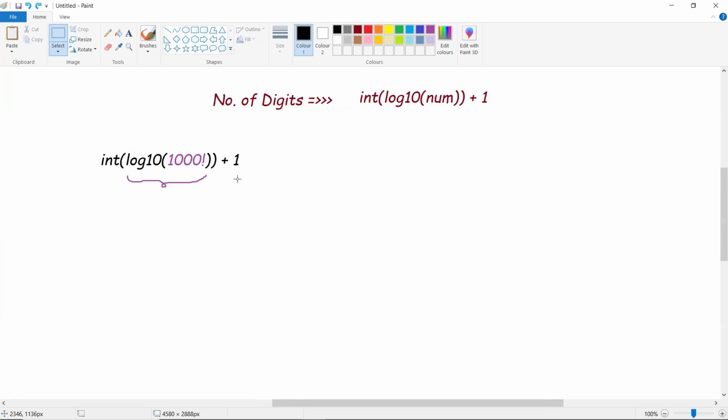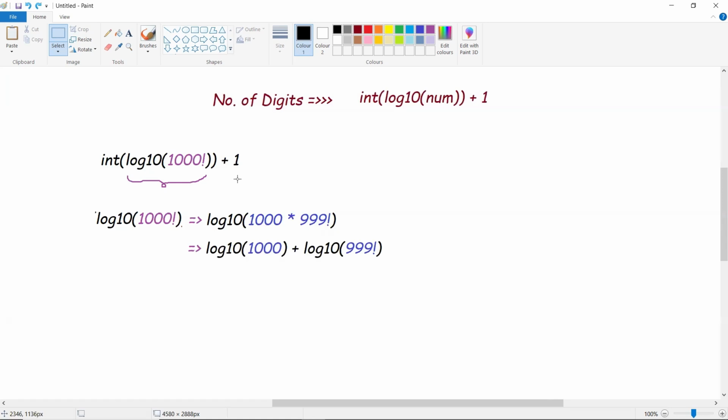So first let's find what log 10 of 1000 factorial is. Log 10 of 1000 factorial can be written as 1000 into 999 factorial. So this is in the format of log of A into B, which can be written as log A plus log B. Again, log of 999 factorial can be written as 999 into 998 factorial. If you observe, it goes on until 1. This is the same format A into B, so we can say A plus B, and so on. So we can assume that it is log 1000 plus log 999 plus log 998 plus so on until